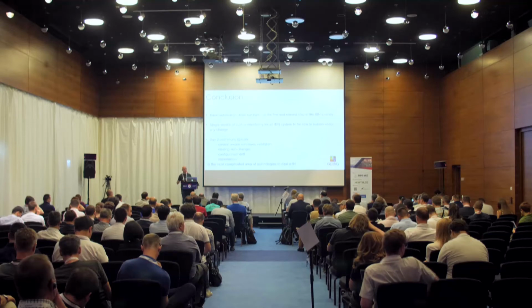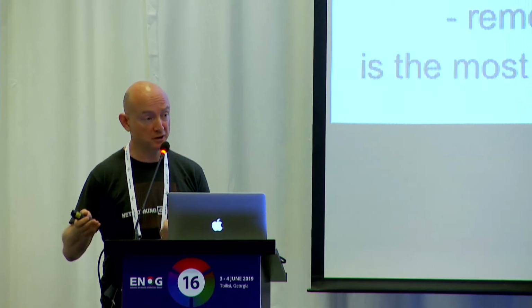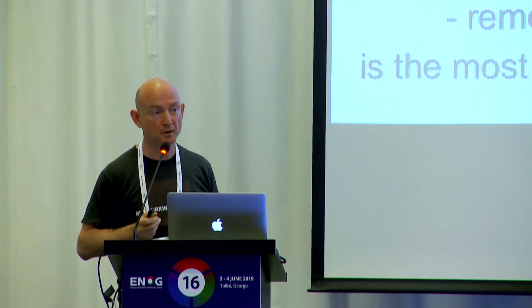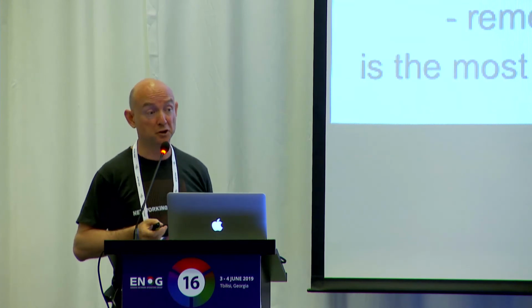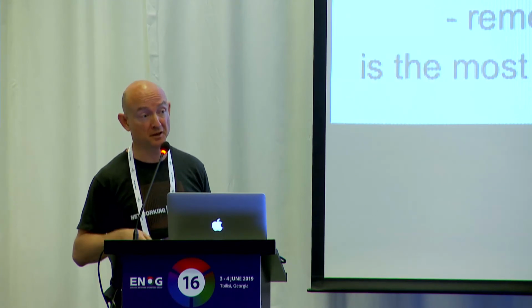Remediation: after you figure out how to gather your data and what it means to you, you could go to marketing terms: self-driving, self-healing, self-working network, because now you can auto-remediate because you know what is wrong. The difference is between intended state, what you wanted it to be, and operational state, what your network is doing. So that brings us to a really working system that most of the time does things that you want it to do, and if it doesn't, it can auto-remediate.